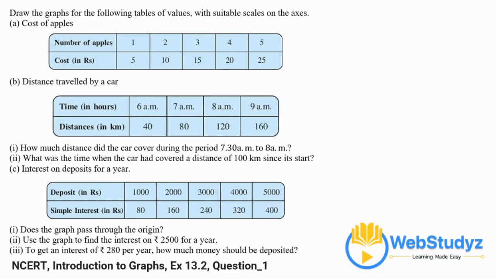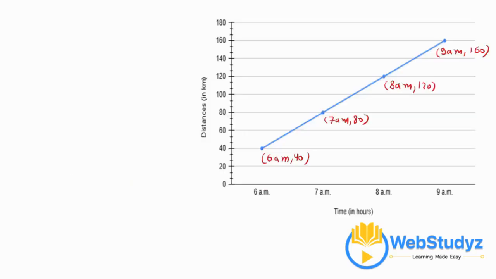Now move on to the second part, which is distance traveled by a car. Here we are given the time in hours as 6 a.m., 7 a.m., 8 a.m. and 9 a.m., and the corresponding distance in kilometers, which are 40, 80, 120 and 160. So let's first plot the graph. So this is the graph where on the x-axis we have time in hours and on the y-axis we have distance in